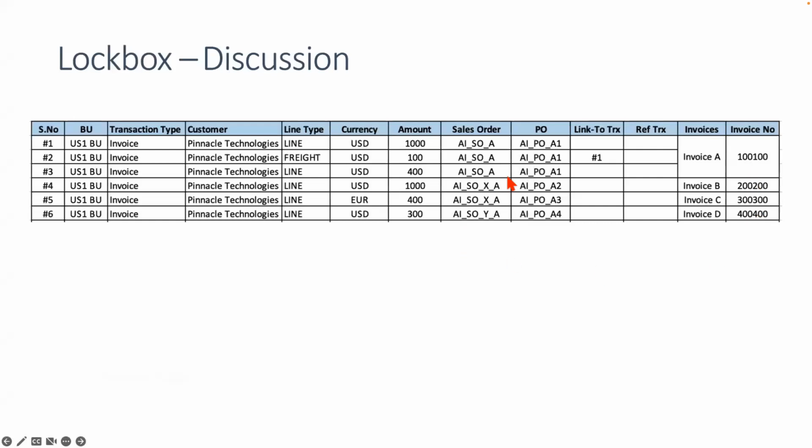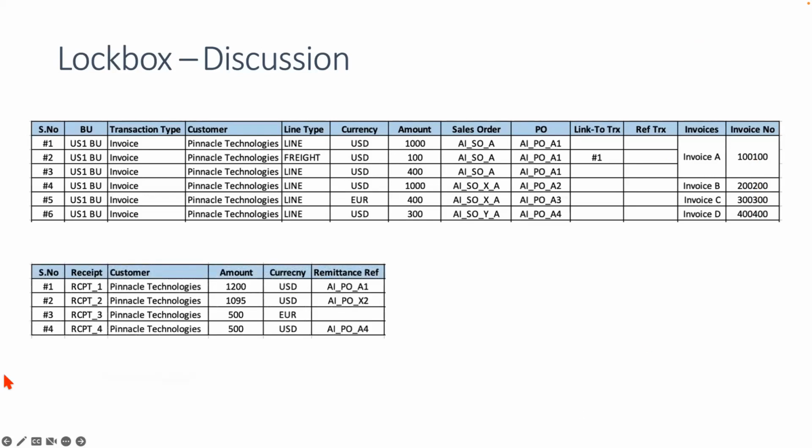These are the invoice numbers. Transaction reference, you've got the sales order, you've got the PO number, you've got invoice number. Invoice number is this trans number. Now, if you look at the receipt, so this is the transaction, these are the invoices, this is the receipt. The first receipt is